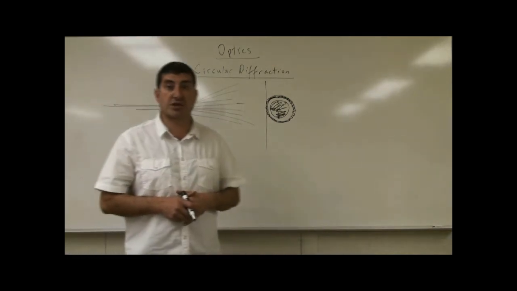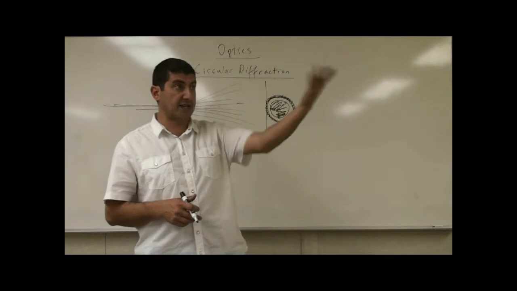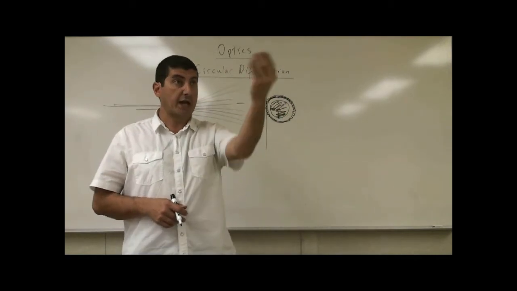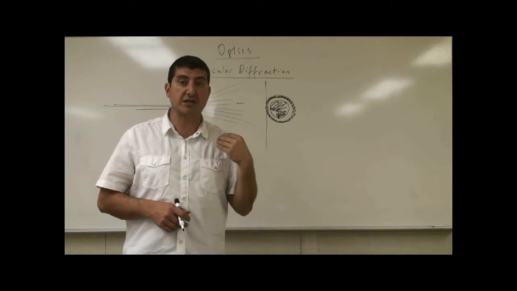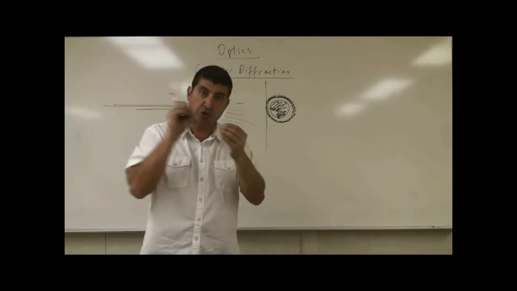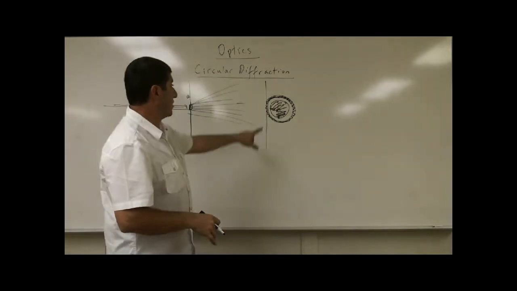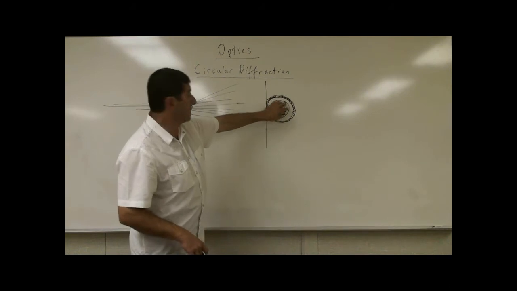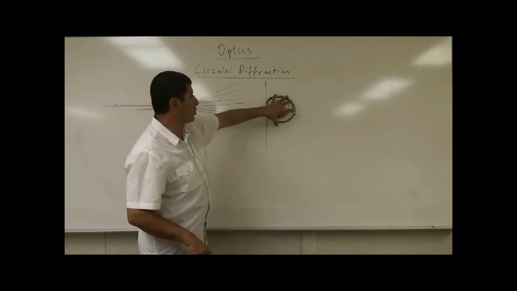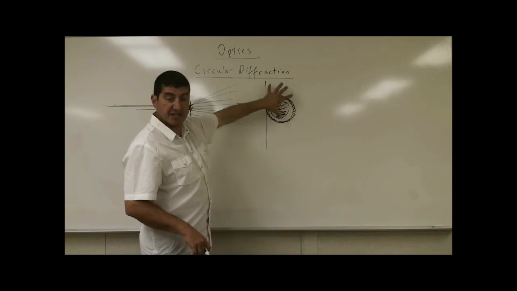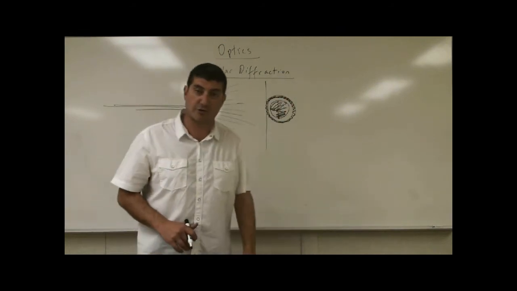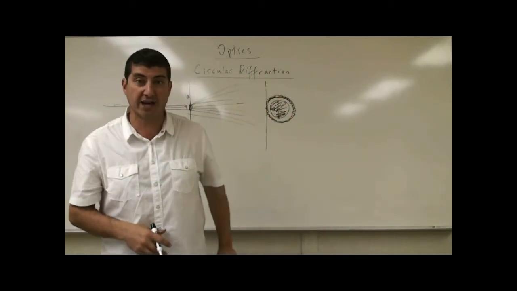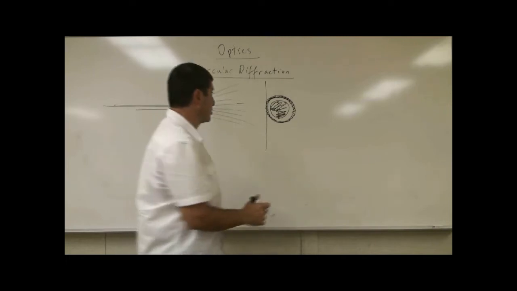This is applied to such things as, for example, when we look at a light source and our cornea is kind of circular in nature. Every time we try to see an object, the light of that object comes into our eye and diffracts. The pattern we see is primarily the center one, but there is a little bit of diffraction, so there's actually the first order maximum, second order maximum, and so on. So if there are two objects that are far away and kind of too close to each other,